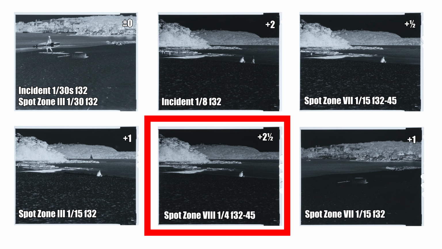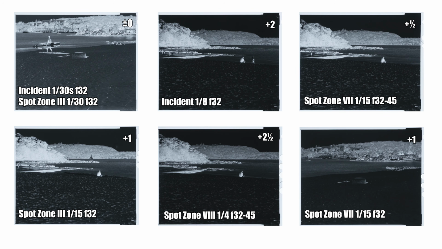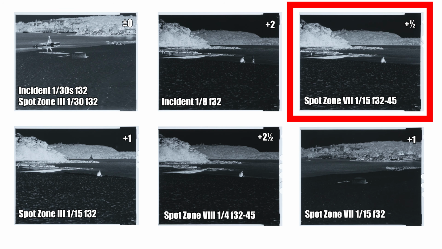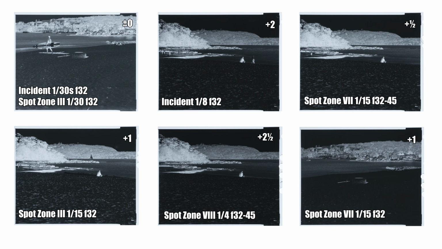I thought zone 8 was too much. I thought that zone 7 was probably appropriate. And if you look at the one that I put on zone 7 with the spot meter reading, it's only half a stop more than the base one. Judging from these negatives here, we could say that the incident reading or a spot meter reading on zone 3 is very equivalent to a spot meter reading putting it on zone 7, with the caveat that it's difficult finding